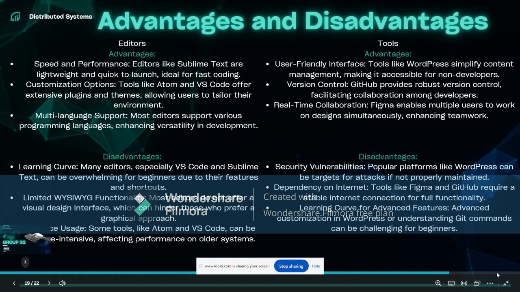Version control for GitHub is one of the best to facilitate collaboration amongst developers. Figma also enables multiple users to work on designs together at the same time, which promotes so much teamwork. The disadvantages for the tools would be that